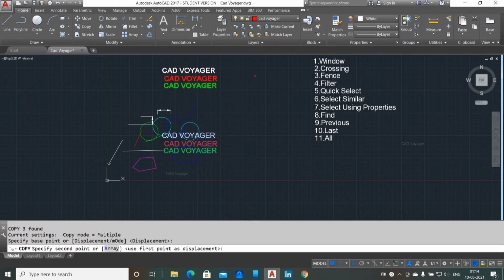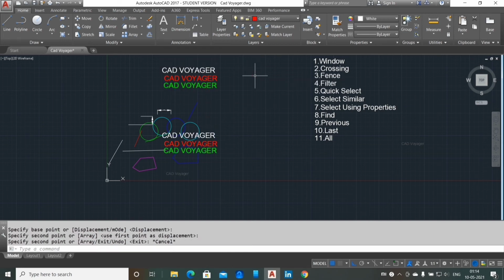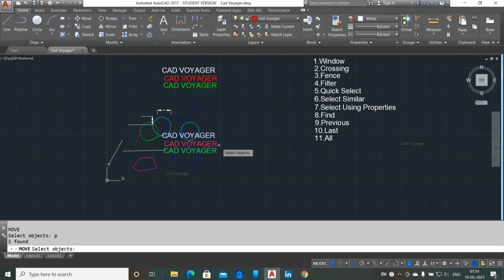After that, if you now type P and enter, the objects which were previously selected will get automatically selected without selecting those objects. This is the use of the previous command. You can see here I am entering P and enter. The objects which were previously selected are now selected. It is the use of the previous objects, and you can now do anything with the objects.